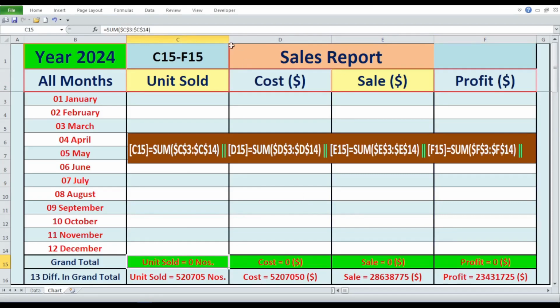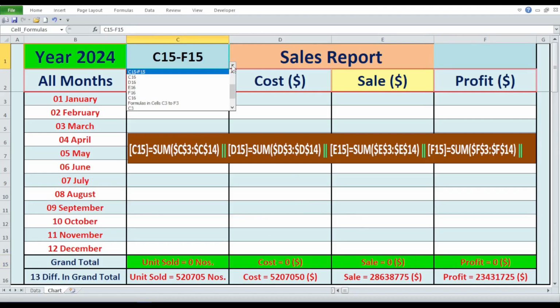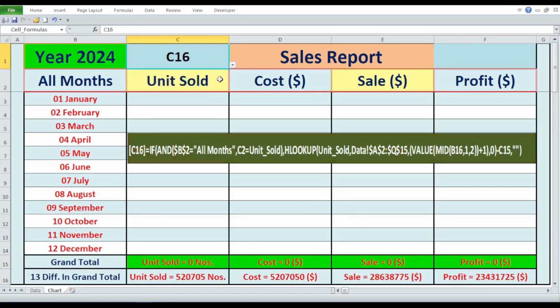Now, we will take a look at the formulas in cells C16 to F16. This row I have developed to check the differences in the grand total of the data that I have transferred to this chart sheet from the data sheet. If this result shows 0, then we can say we have transferred the correct data. Now, I am selecting from the drop-down menu, C16 first, and we are seeing the formula in cell C16,